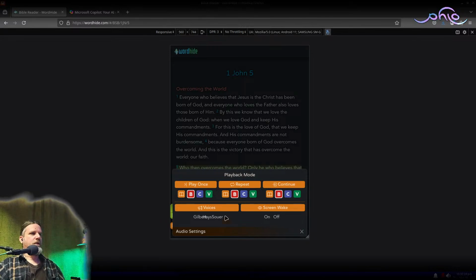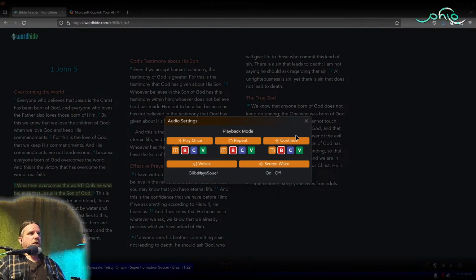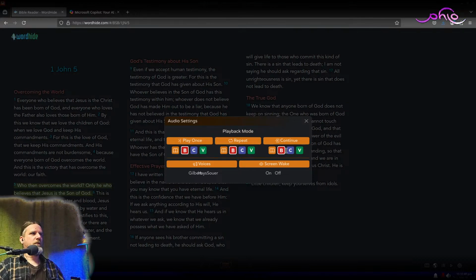The only thing I haven't brainstormed out and fully fleshed out in my mind is, let me take this off of mobile. If it's in meditative mode, I don't know if that will always cancel out play once and repeat. I tend to think it will, because I don't think they're compatible with each other.